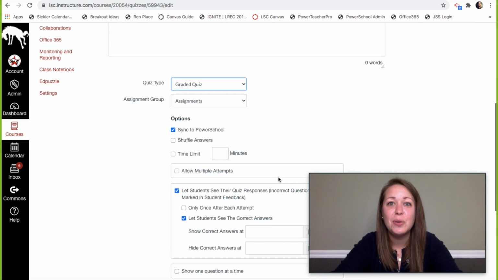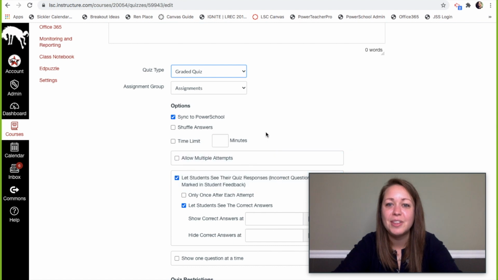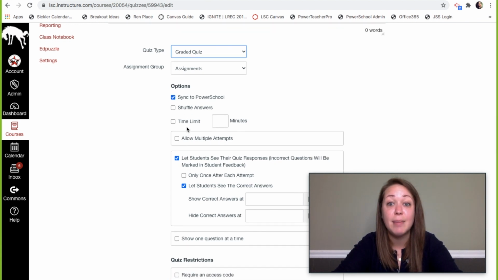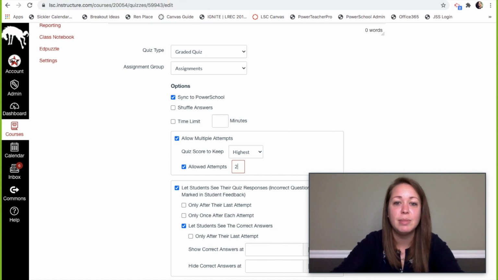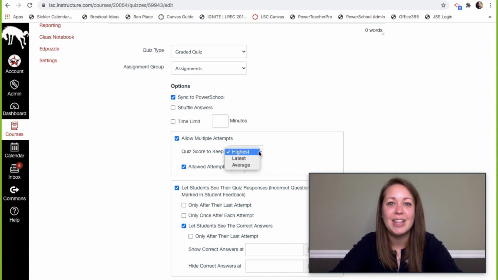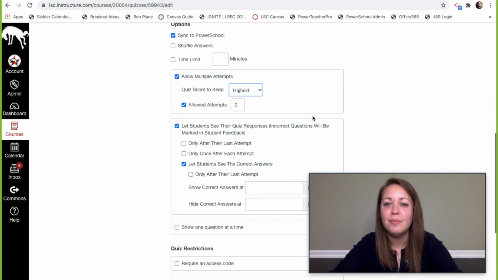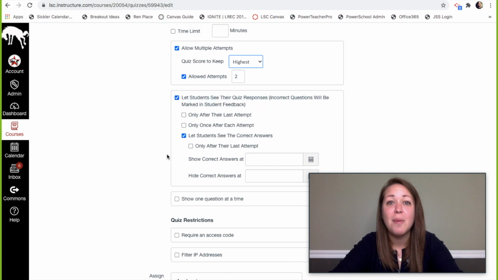Scrolling down, there's just a few of these options that I want to point out to you. The first is you have the option of whether or not you're going to sync this to PowerSchool. You also have the option of shuffling your answers, setting a time limit, allowing multiple attempts. So if you wanted to give students maybe 2 attempts at this quiz, you could also say that you just want to keep their highest score or their average or their most recent. You also have some options on whether or not students can see the answers that they've selected, and then once they've finished the quiz,